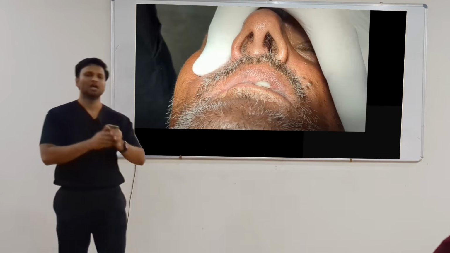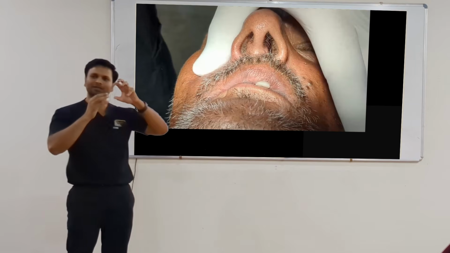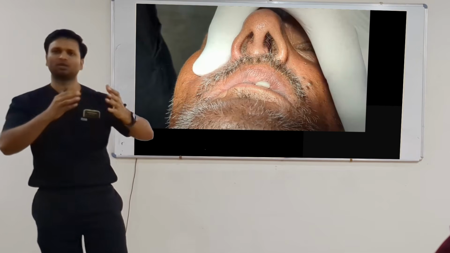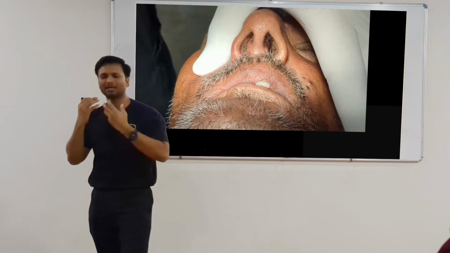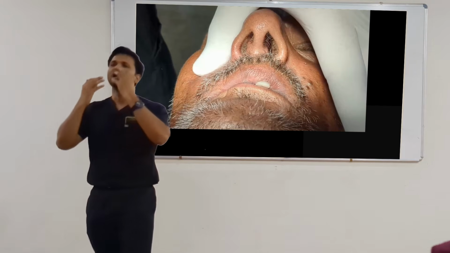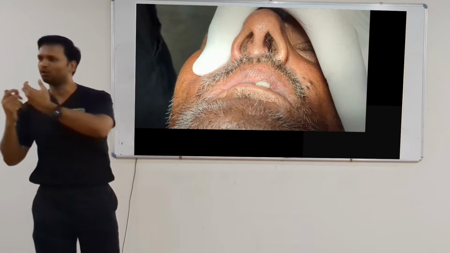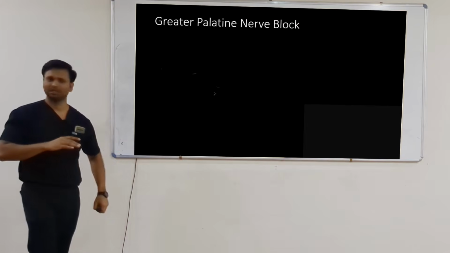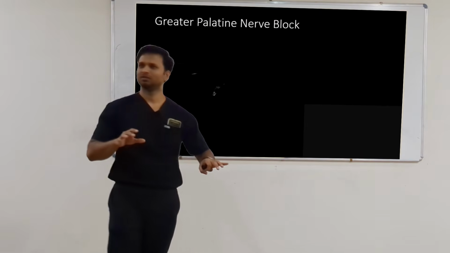Remember this: even if there is no soft tissue anesthesia, we want the pulpal anesthesia, that is more important. In endo, we want pulpal anesthesia; in our cases, we want the soft tissue anesthesia, of course, also the bone anesthesia in the bone region and the teeth. Okay? So this was the infraorbital nerve block. Simple to follow till now?